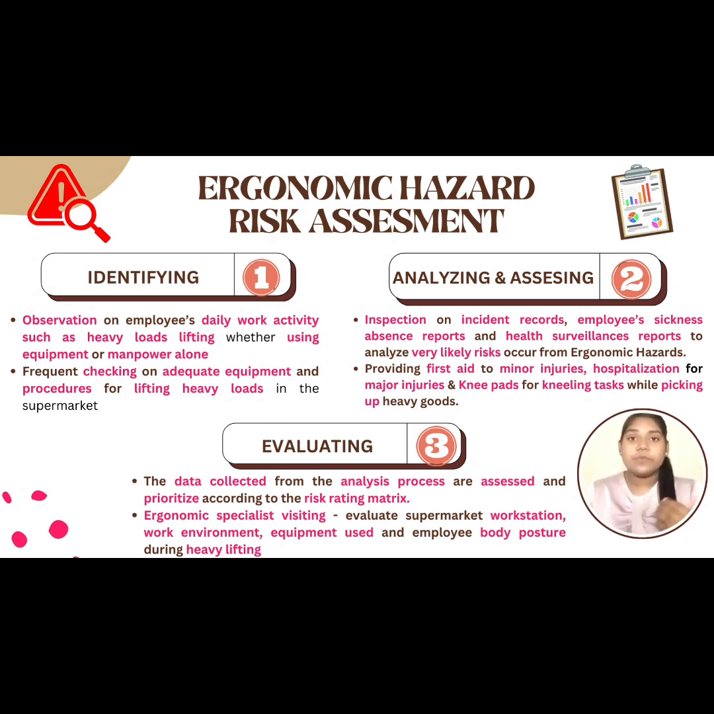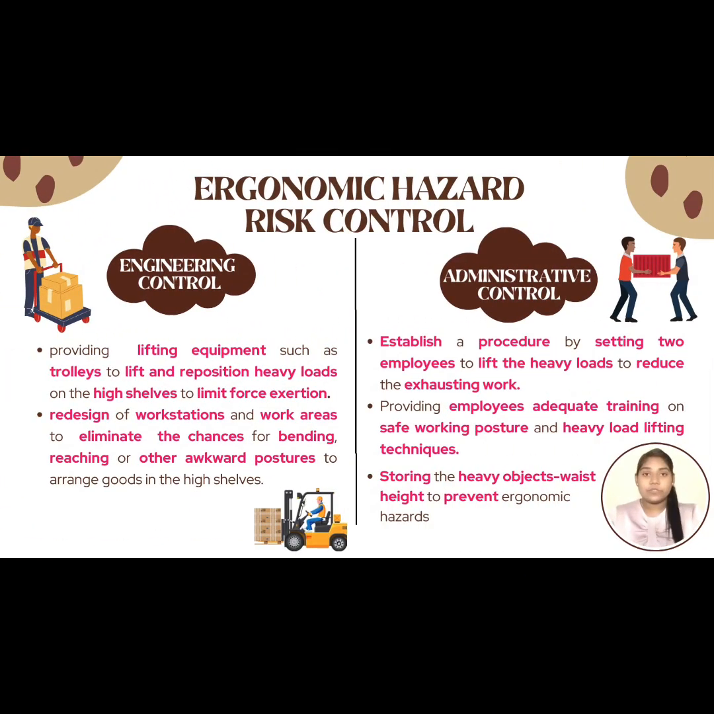In the evaluation process, the data collected from the analysis and assessing process should be prioritized according to the risk rating matrix. Next, the evaluation process of ergonomic hazard risk also can be done by an ergonomic specialist visiting the supermarket to evaluate their workstation, work environment, equipment used for goods lifting, and body posture during lifting heavy goods activity in the supermarket. Two types of risk controls that can be conducted to control the risk of ergonomic hazard in the V-Mart